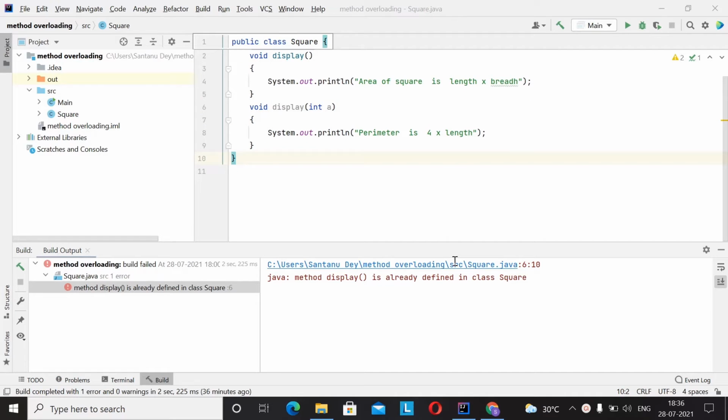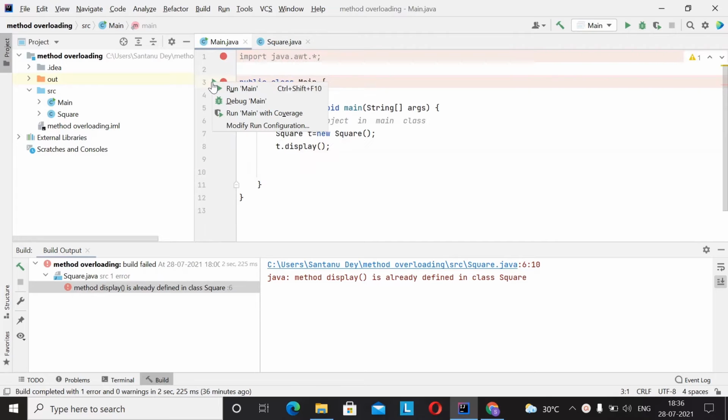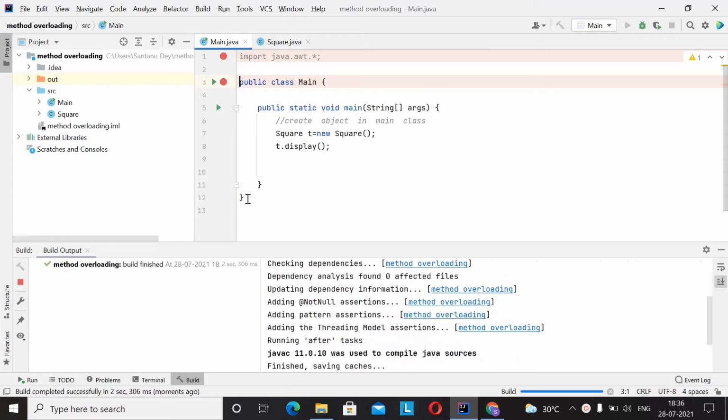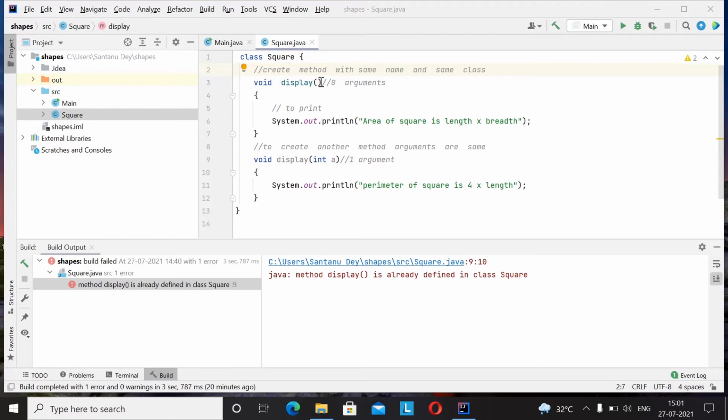In order to achieve the method overloading and to remove the errors, we must follow the third condition, that is, arguments of method should be different. So if we change the number of arguments in one method, then this will be the result and the ambiguity will be removed. In the first case, the display method does not have any argument, and in the second case, the display method has an integer argument.